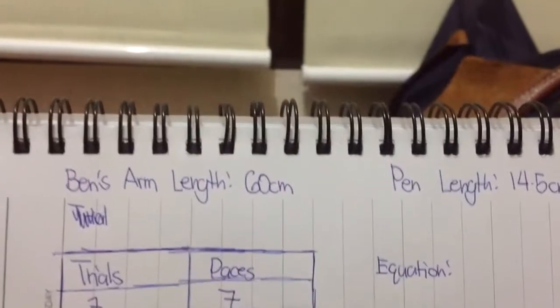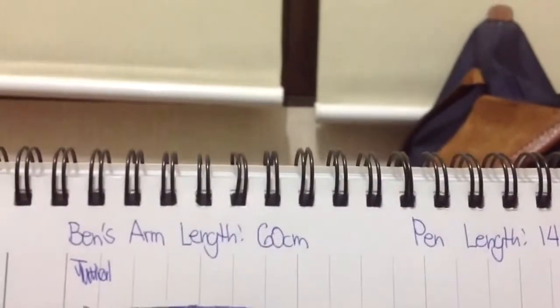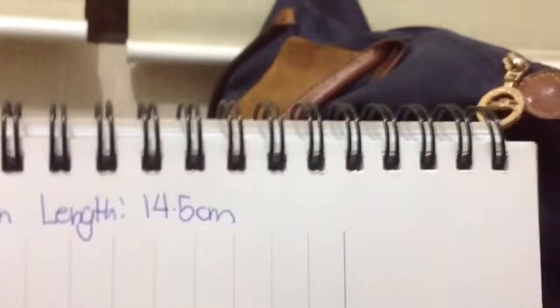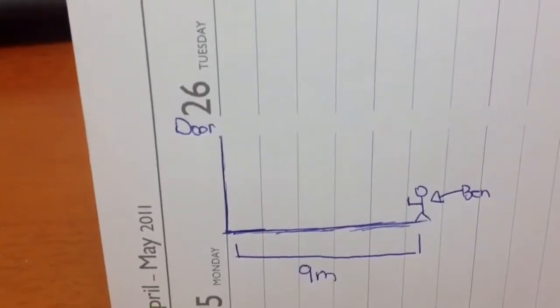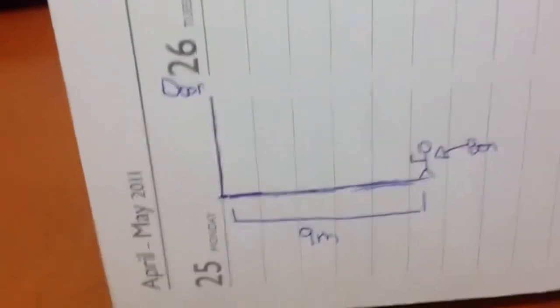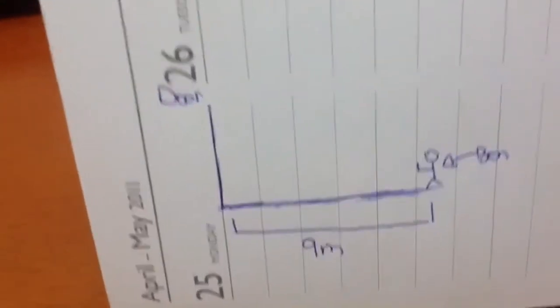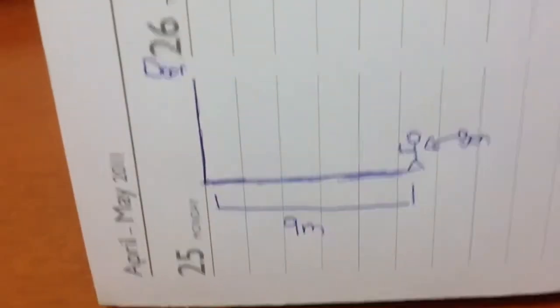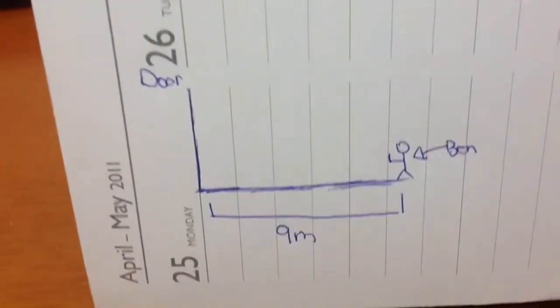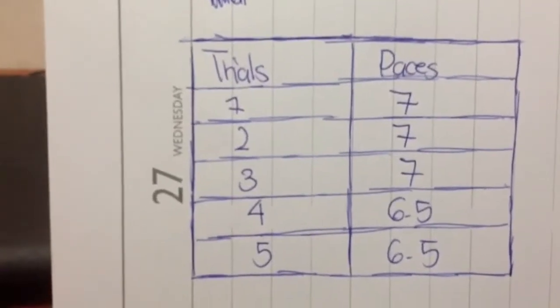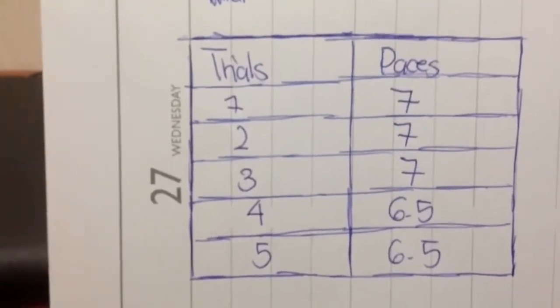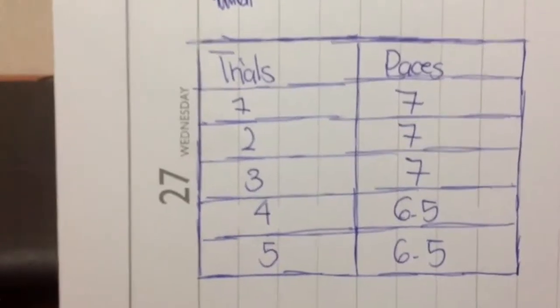Okay guys, just an error here. What Ben said is his arm length is 60 cm and the pen that he used is 14.5 cm, and the procedure we use, the method, will look like this. What we're trying to find here is the unknown height of the tall object. We did 5 trials and counted the paces that Ben did. Trial 1 he made 7 paces, trial 2 also 7, trial 3 again 7, trial 4 6.5, and trial